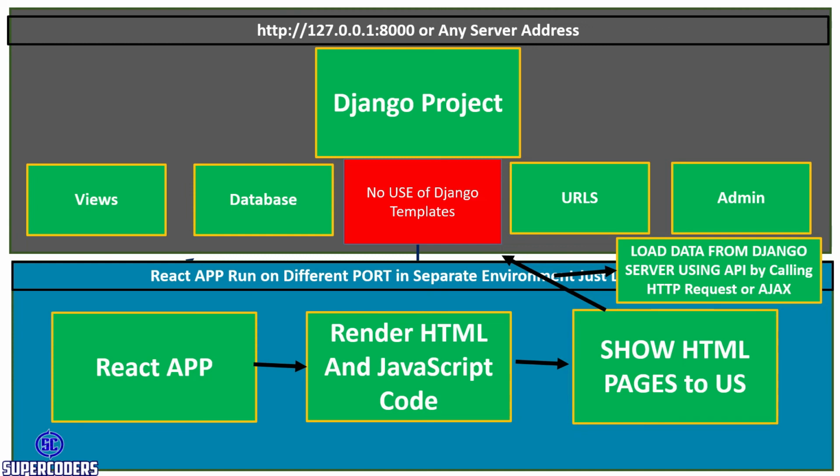And how can we access this data using our React app? We make an Ajax request, send data to the server and receive data from the server. All this is done via the React app. That's why I'm creating this topic, so you clearly understand how React and Django work. Understand this: these are two environments, one is Django and the second is React. So how do they interact? They interact using Ajax and API. Django gives us the API and React uses Ajax calls to access that API data and send requests to the server. That's why we need a REST API in our Django project. I hope you understand.